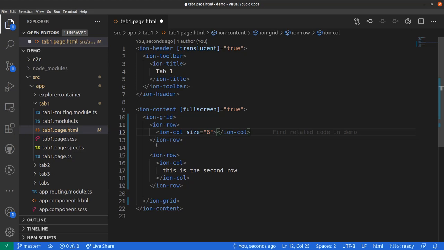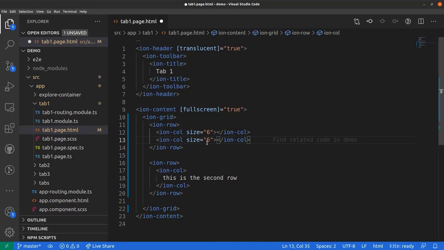So it will take the first 6 columns and the rest will be left unused. After that, we can again add another column of maybe the same size, and now in the whole 12 columns, the first 6 will be used by this first column,